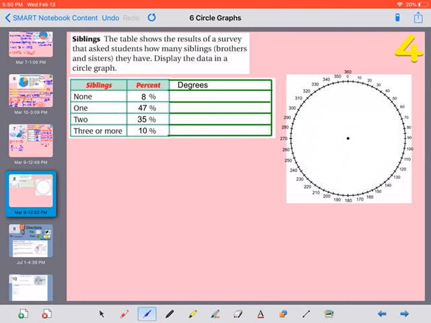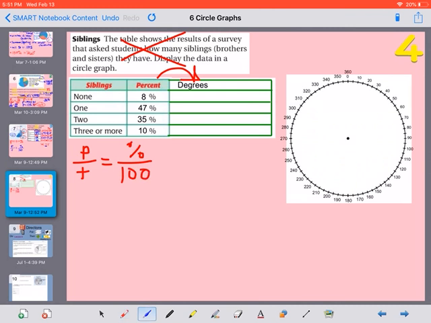So this doesn't really tell us a whole lot. We just need to take this information and put it in the circle graph. They're already telling us the percent of each. We simply need to take the percent and turn it into how many degrees is that total. So you can set up a proportion, part out of total, percent out of 100.